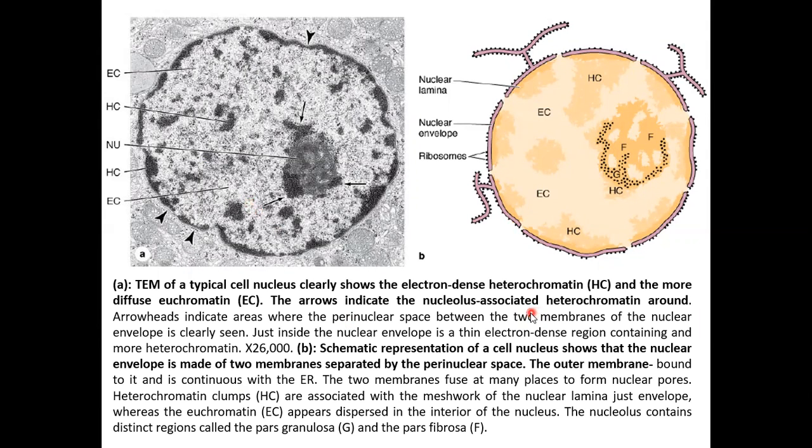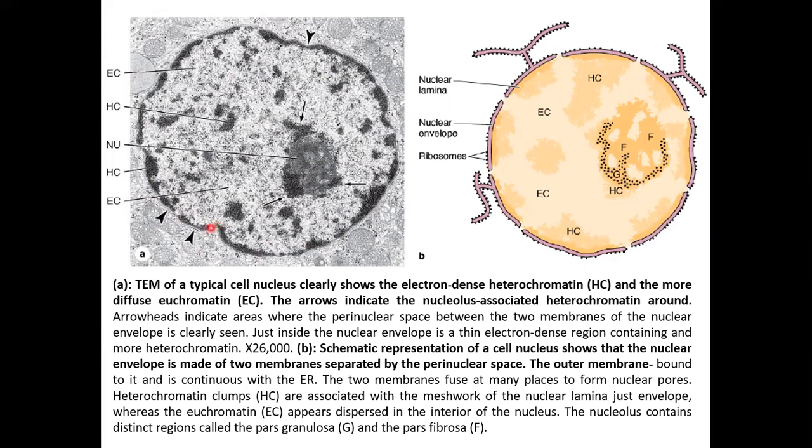So the arrows indicate the nucleolus-associated heterochromatin. Later we will discuss what this is. This is your nucleolus. What are the areas here? The pars fibrosa and the pars granulosa. What are these areas in the nucleolus? What are their functions? How are we going to describe them? Also, we can see here the presence of the nuclear envelope. These arrows point to the nuclear